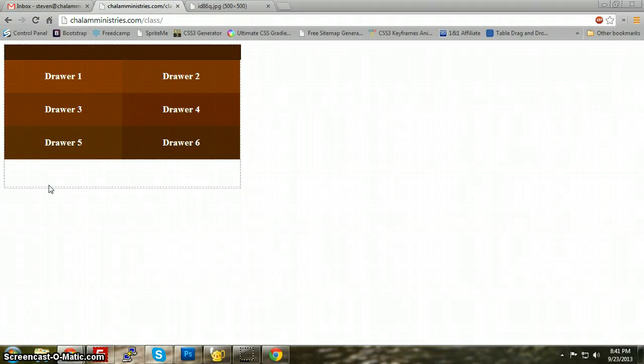Okay, so now let's look at our footer. Our footer is this part right down here. Now remember, we're going to have 4 legs. Now, in order to make this look 3D,